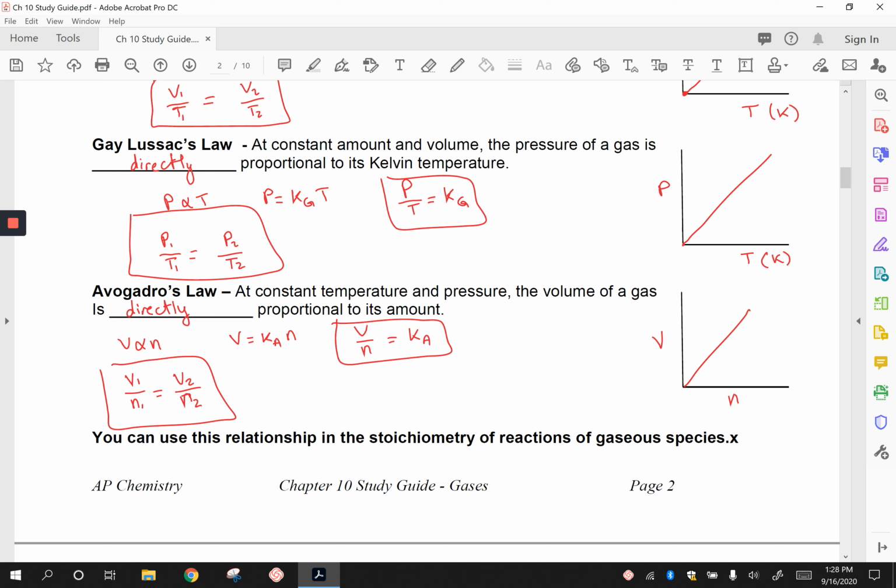You can use Avogadro's law if you have just one gas where you change the conditions, but you can also use it in the stoichiometry of a reaction of gaseous species. So if I have the volume of a certain gas, like let's say I have H2 plus N2 yields ammonia, and 3, 1, 2. So I could say that I need 3 liters